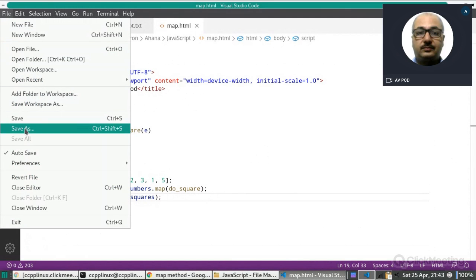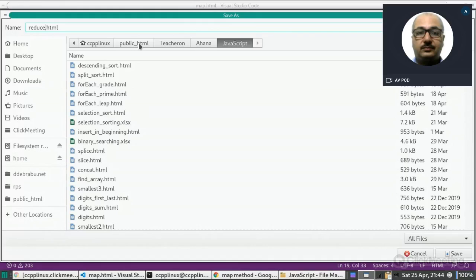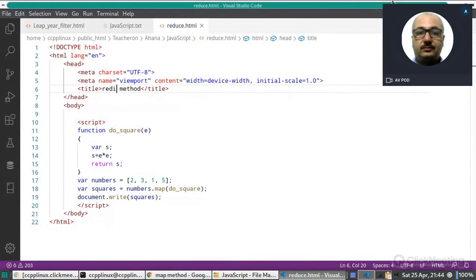Let us save this file with a different name. Its name should be reduce. Change the title also: Reduce method.